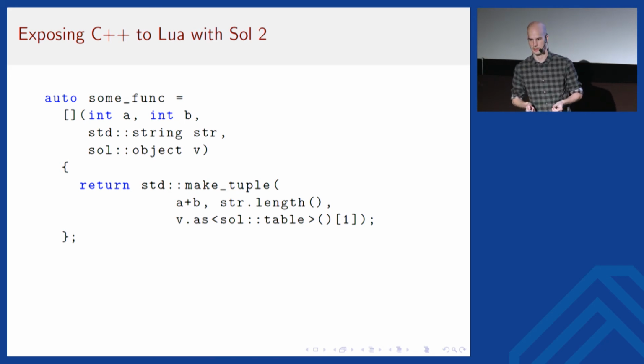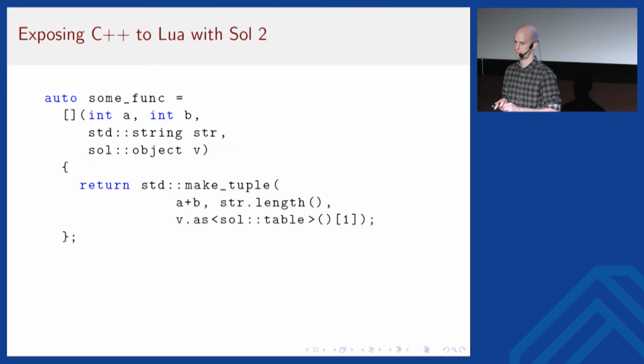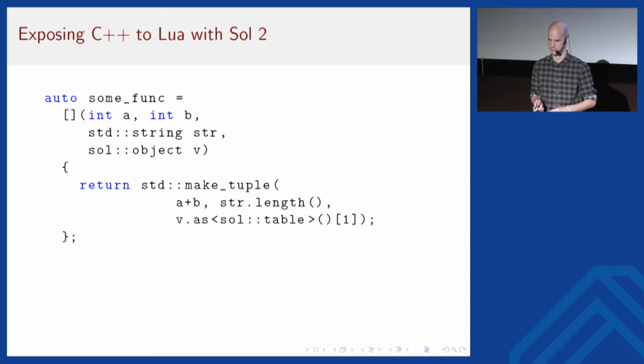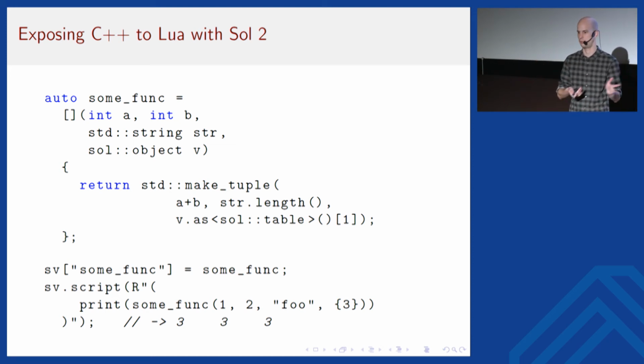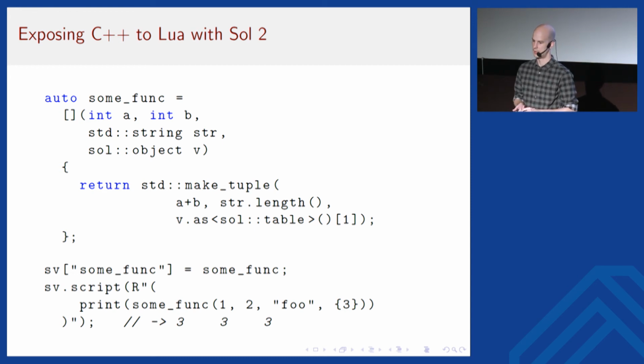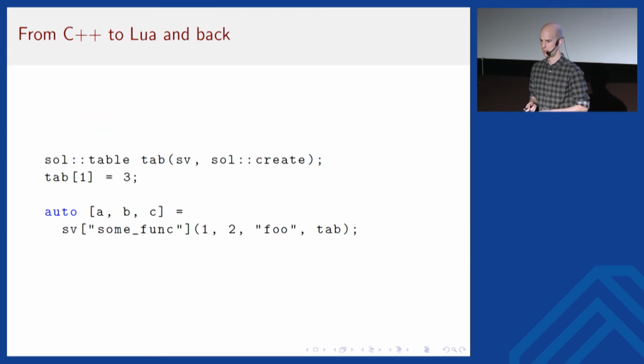So let's say I just have a C++ function like here with this signature. And this is actually already a pretty complex function, right? So we see that the last argument is actually untyped. It can be any kind of Lua value, and we even have multiple return values, which are here modeled as returning a tuple. And then in Sol, this just works. I can just say, please bind this function to the name somefunc in Lua, and then I can just call it from within Lua. So a lot of magic going on behind the scenes here that I don't have to write out.